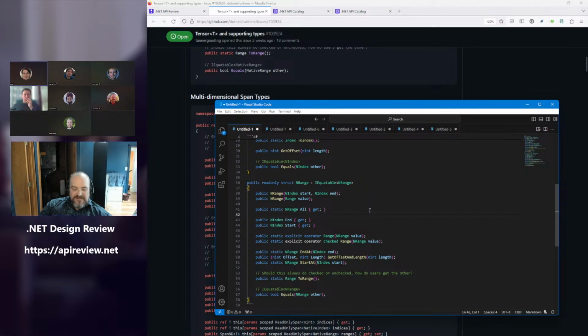The issue there is that the default indexer needs to basically do a checked cast down to int, which means that you can throw by default in various cases. The JIT could theoretically do perf work to get around that, but that is a very expensive and potentially problematic thing. So we would very likely have a second type to represent that. Or we just tell people use tensor span and maybe have one rank.